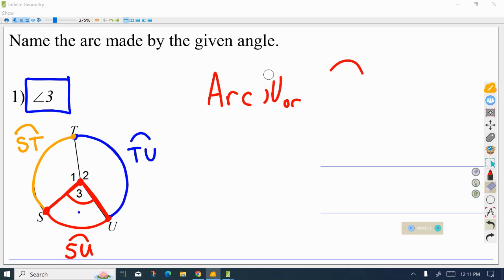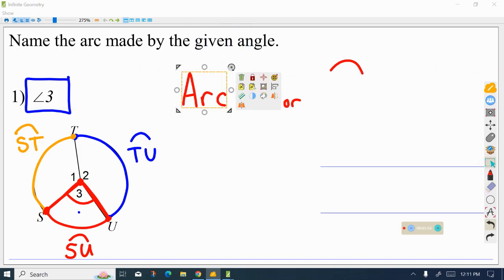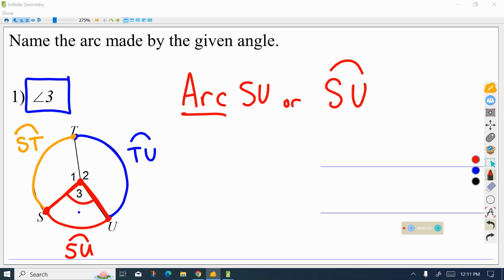Let me go fix that a little bit more. Or I guess we could call it US, but we'll call it SU for today. So we could write out the word arc SU, or you can use the arc symbol and just understand the way that we read this. If you see this, you read out loud, what are you going to say? You're going to say arc SU. So again, it's just the basics, so we'll keep practicing to make sure you get the idea. So at this point,